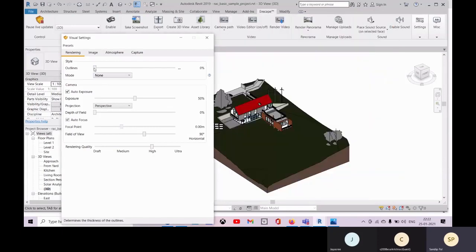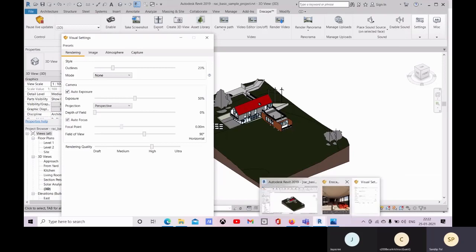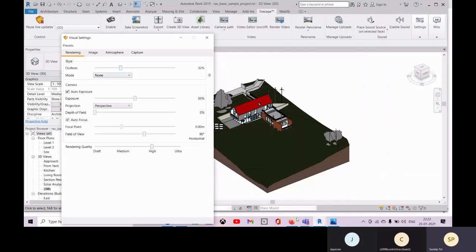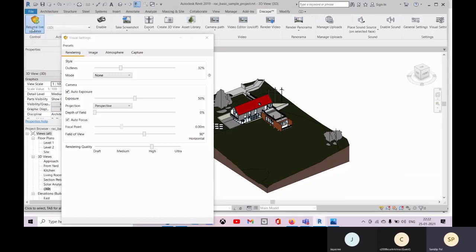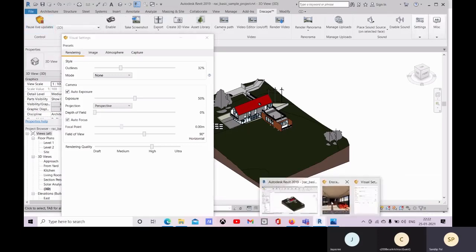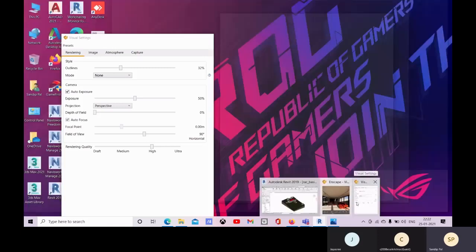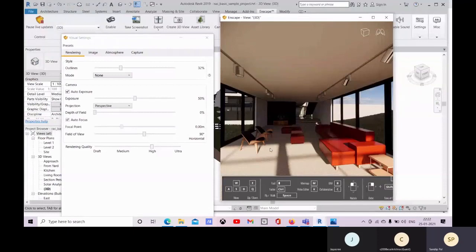And here you can change the style. From there you can change the style. There you see these outlines have been reflected over there.